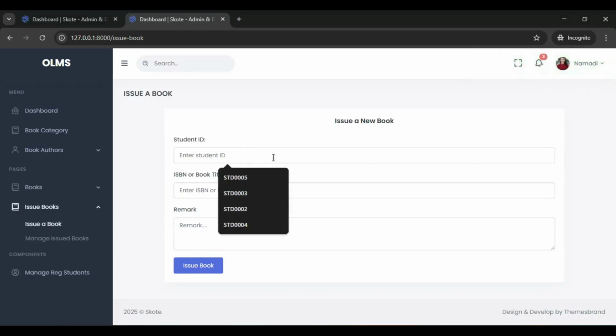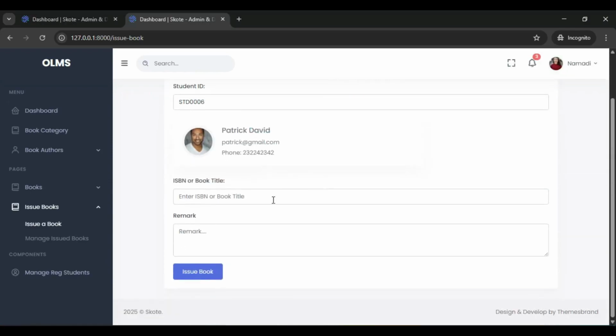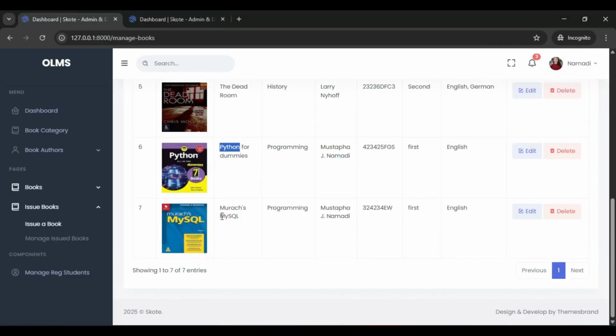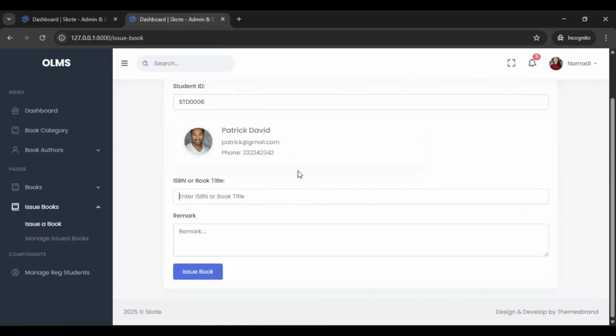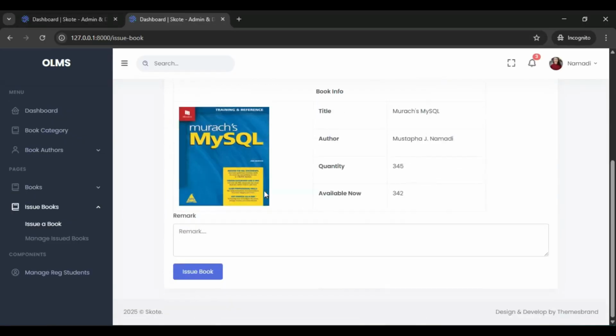Let's go ahead and add 1 more book to Patrick. So let's say student with ID 6, and we can select that Patrick. Let's enter a book ISBN or title. Let's enter this book right here, the MySQL. Let's go ahead and copy that. Now we're going to come over here, enter that book, and click out. As you can see, we have our